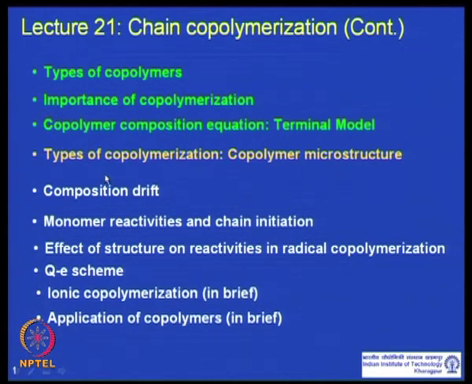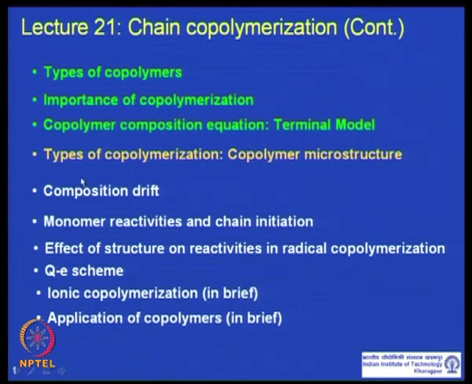We started our discussion on different types of copolymerization, and as a result of different types of copolymerization, what different types of copolymer microstructure are possible. We started and we are halfway in that discussion. So, we will start from this